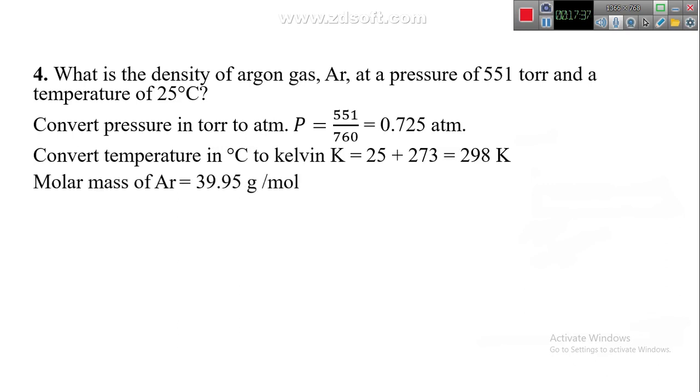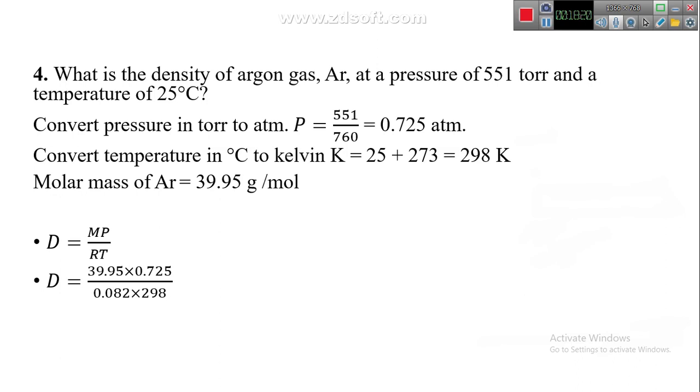Then we need the molar mass, because the relation for density is equal to MP over RT. M is the molar mass of which gas? The gas in the question is argon gas. The molar mass of argon gas is equal to 39.95 gram per mole. Then we substitute in MP divided by RT, replacing M by the molar mass number